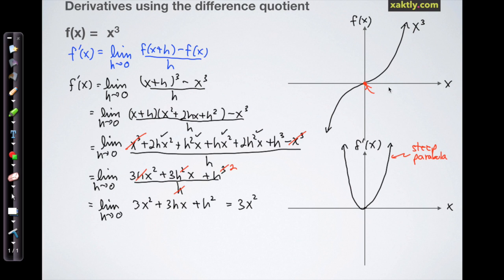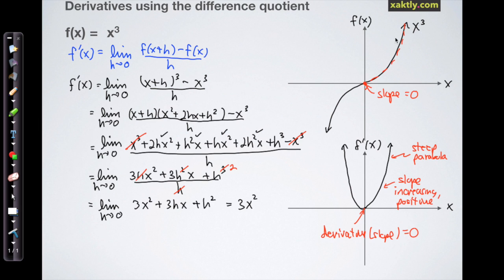Now let's take a look at the function. The function has an inflection point, so we know its slope is 0 right there in the center, and indeed the derivative goes through 0, so that makes a lot of sense. And of course the derivative is always positive, as is the slope of the original graph, so that makes sense. So all things considered, this looks reasonable for the derivative of the function f of x equals x cubed,